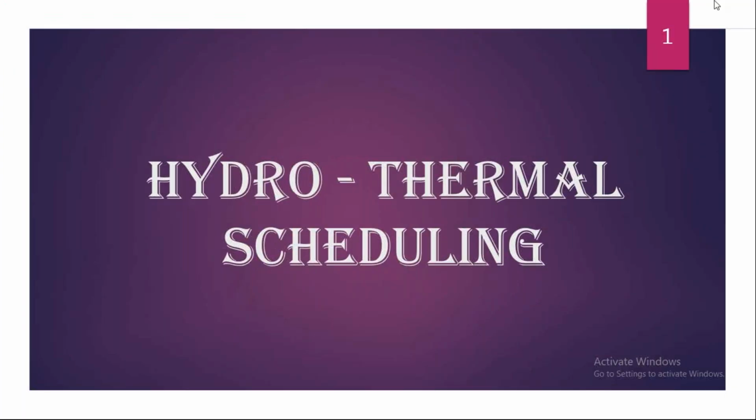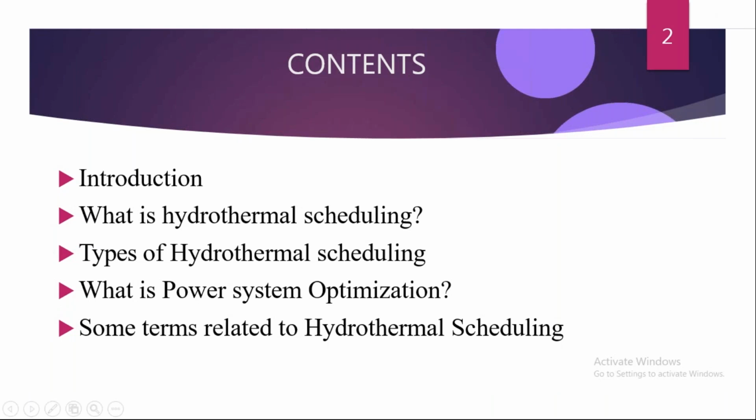And in this class, we are going to discuss these five contents. One is what is the need of optimal scheduling, and what is called hydrothermal scheduling. It means what are the parameters we are involving while scheduling hydrothermal scheduling, and the types of hydrothermal scheduling. In that, there are two cases: one is short term and the other is long term. Why short term and long term? Because there are certain considerations we have to take.